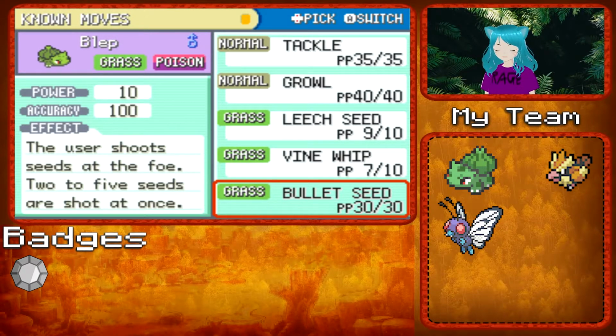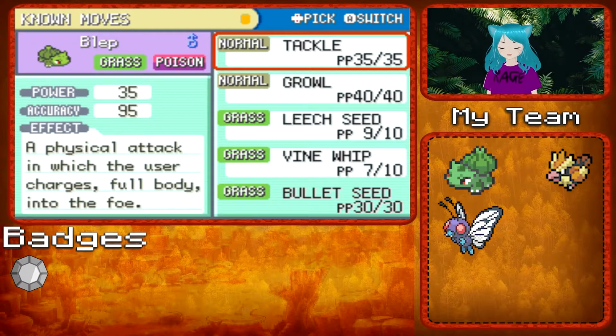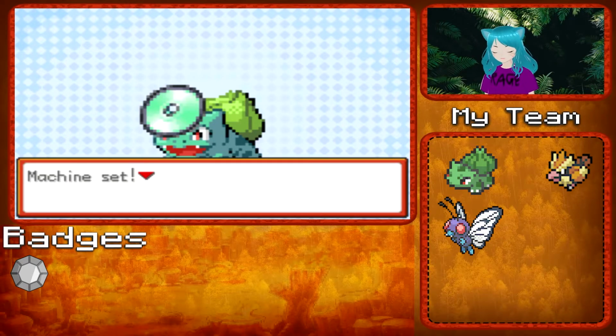It doesn't quite say if it is or not. So what I'm going to do is I'm just going to get rid of Tackle. I mean, we already have Vine Whip, so... Tackle. Get rid of it. Poof. Blep forgot Tackle. And...